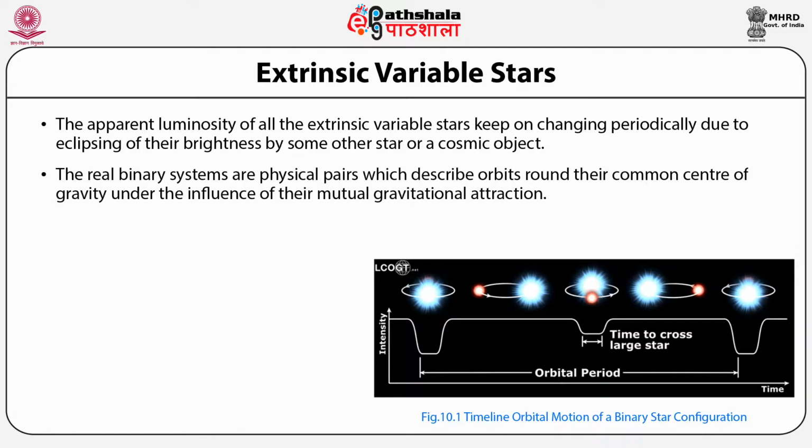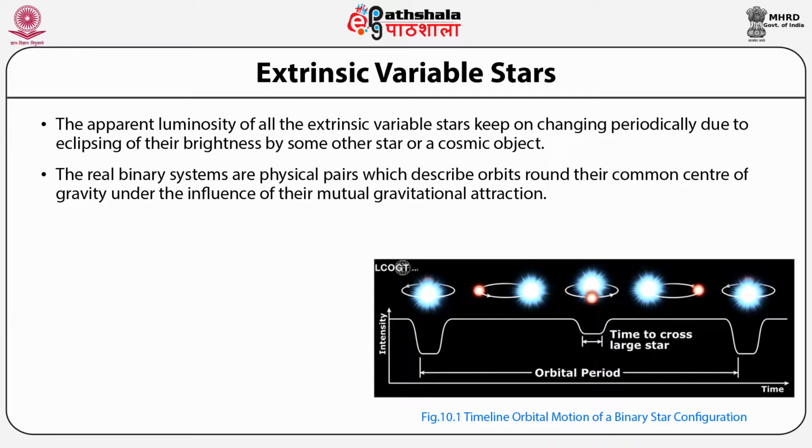The real binary systems are physical pairs which describe orbits around their common center of gravity under the influence of their mutual gravitational attraction. Based on their closeness and mutual orientations, the binary stars are further subdivided into three types,